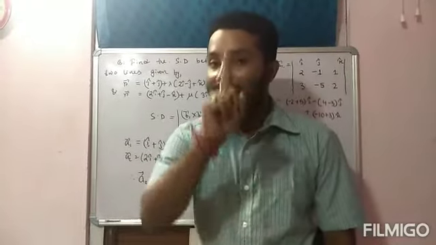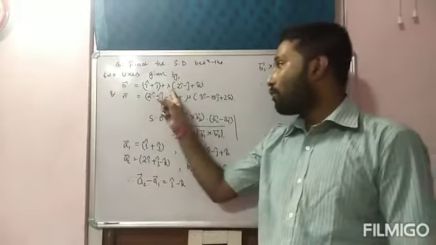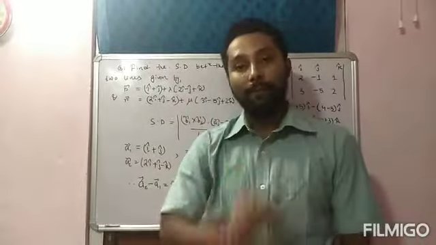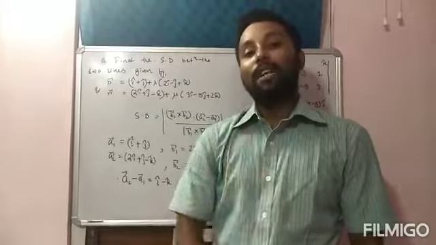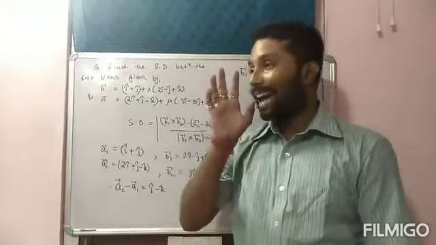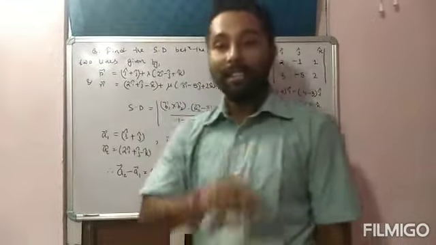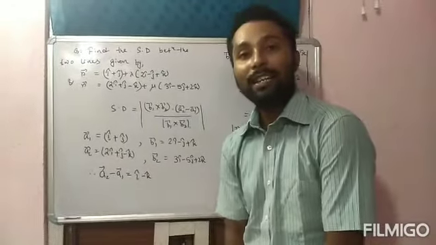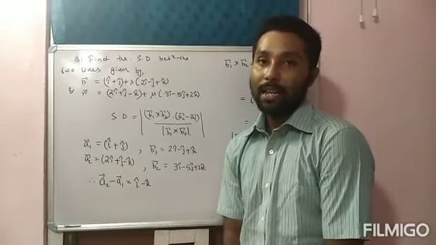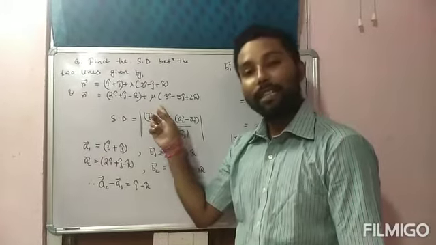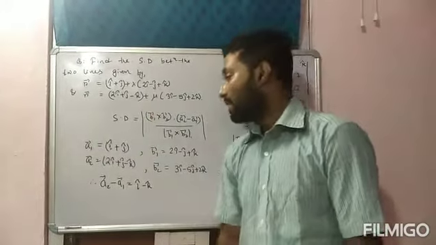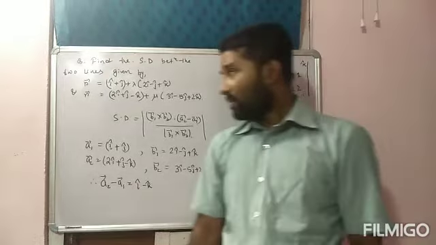Okay, if the two lines are parallel, then we can say that the coefficients of lambda and mu are always same. And one more type of line is skew lines. If the two lines are neither parallel nor intersecting, then only we can say that the two lines are skew lines. Okay, so here also the coefficients of lambda and mu are not same, so that means we can say that the two lines are skew lines. Okay, so these are the models I have discussed.